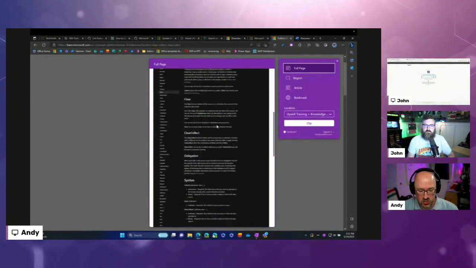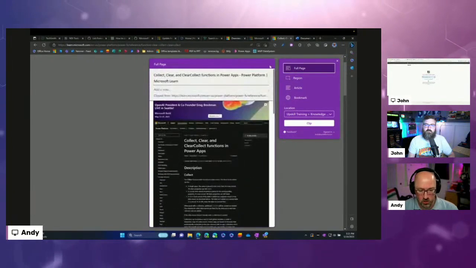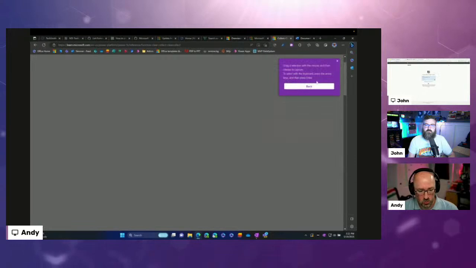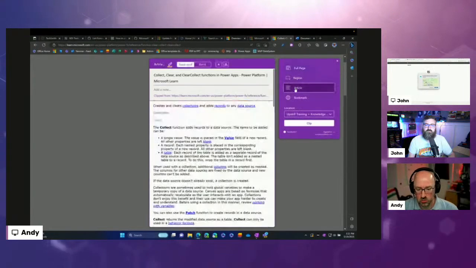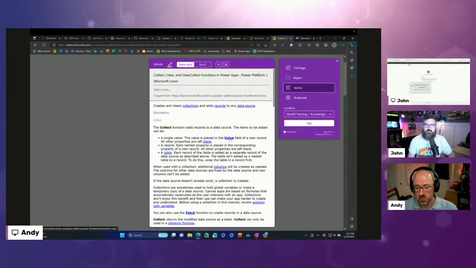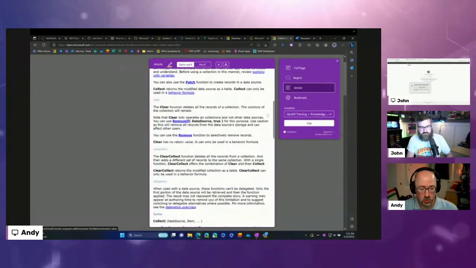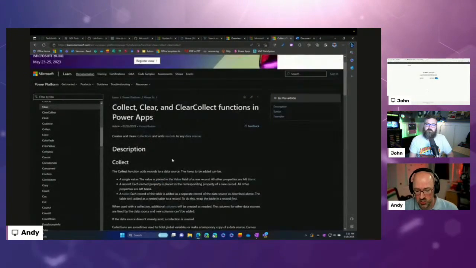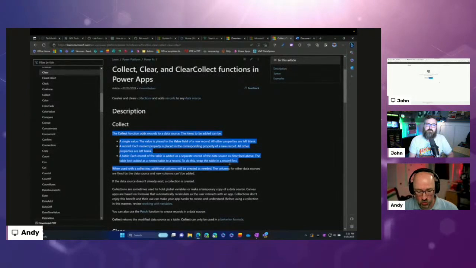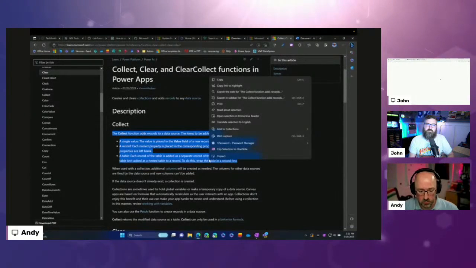So you want the whole page? There it is. Whole thing. There's your region if you want. You can also just do the article. That's the one that I use most often. Grab the article. You can also just do the bookmark. Now, in addition, you can go in, grab the text that's important, and then you have the option to clip that selection to OneNote and capture it.